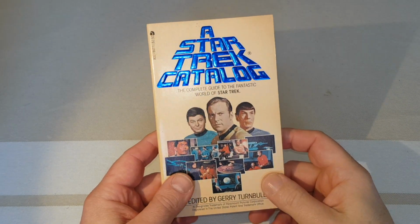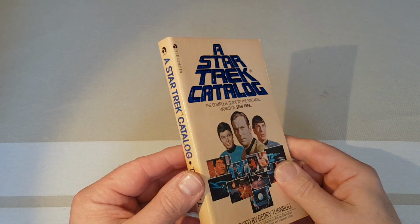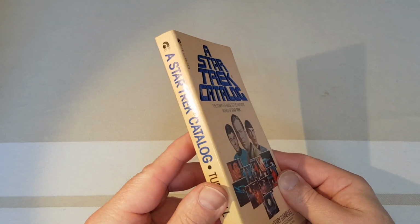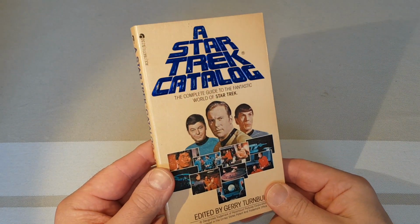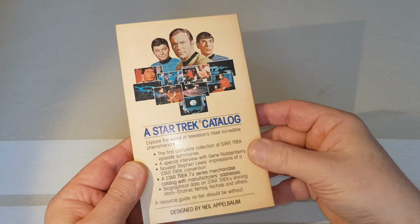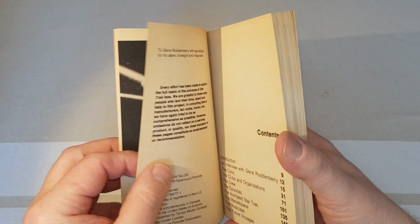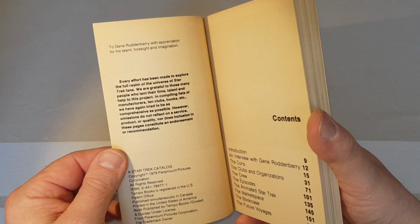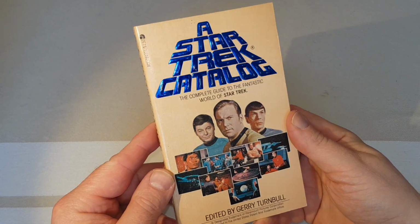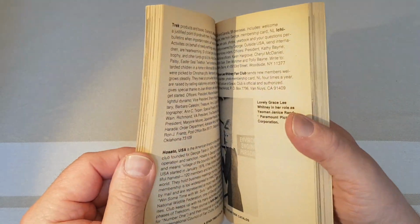Okay, so here we have our second look at our original USA Star Trek paperbacks. Now, these first few are published by Ace Books in the States, and this is a particularly nice one, a Star Trek catalogue edited by Jerry Turnbull. Now, this particular book was published in, when was it? 1979. So just on the cusp of the motion picture coming out, and this is a condensed version of a